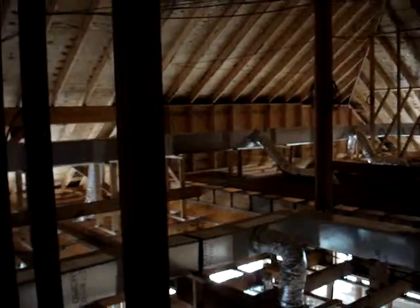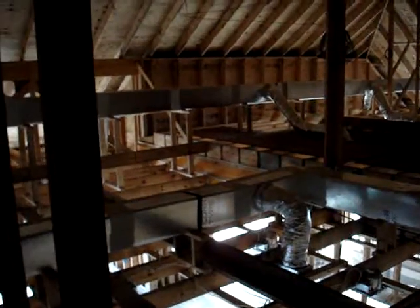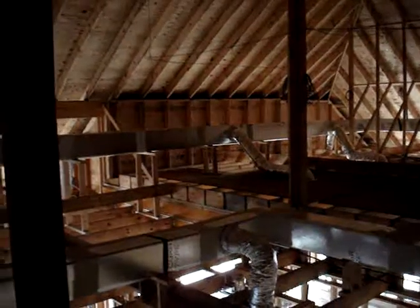All of our air conditioning ducting that you can see running through the house will therefore run through a conditioned space, and so there won't be that loss of cooling or loss of heat due to heat transfer that you would find in a normal attic that might be down here in the south during the summer 140 or more degrees